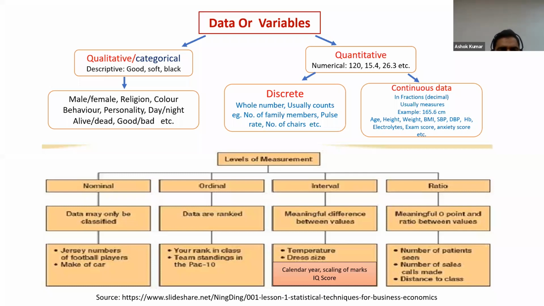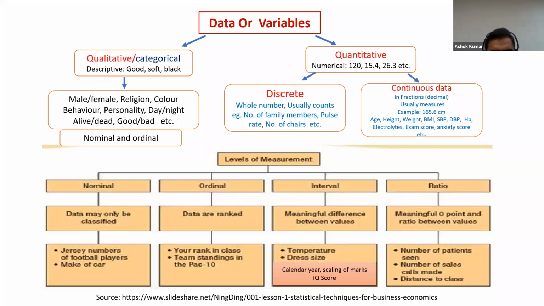So when we talk about the levels of measurement, there are nominal, ordinal, interval, and ratio. Nominal and ordinal levels of measurement come under qualitative or categorical variables.